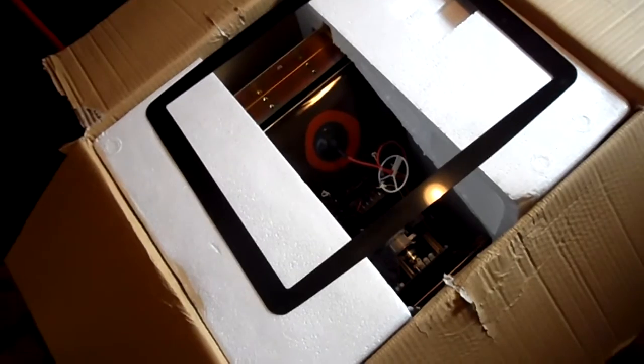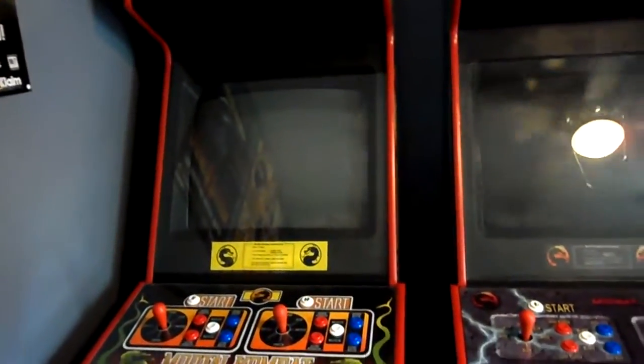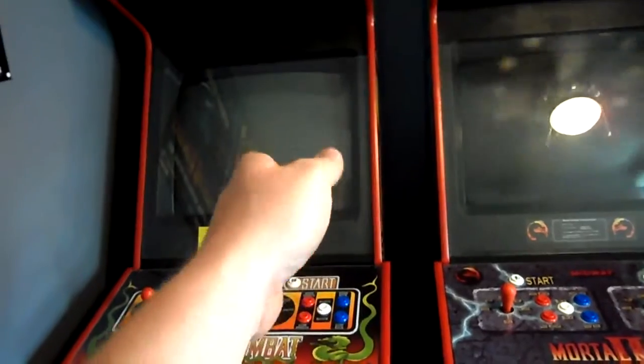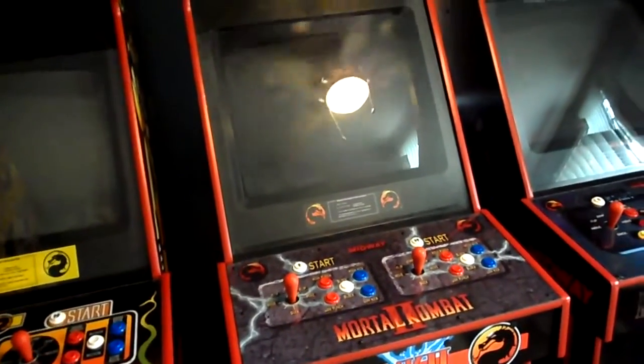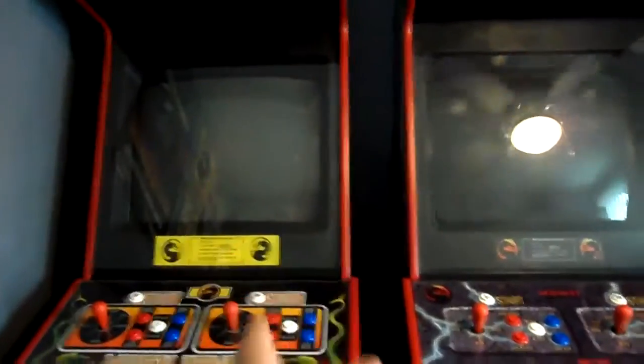I got two of them. This is the second one. I will be installing it in the Mortal Kombat 2. I mentioned before that I was going to put it in the MK1, but I have done some contrast and compares, and it turns out that the MK1, in my opinion, is a better monitor than what's in the MK2. So I'll pull the MK2. That will be a spare, working 25-inch K7000 setup that looks phenomenal, but the MK1 looks better,